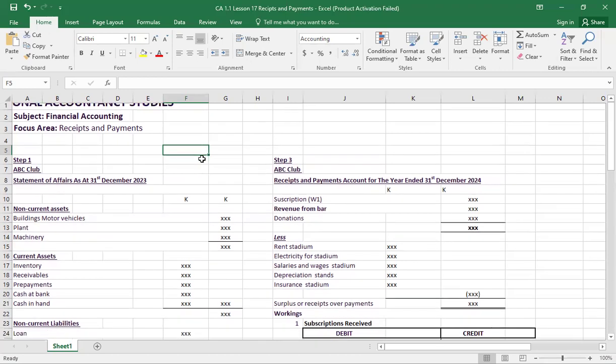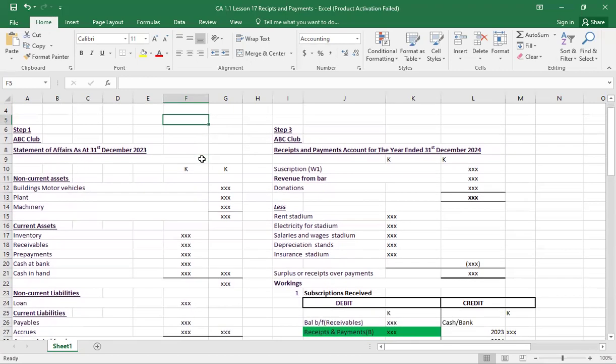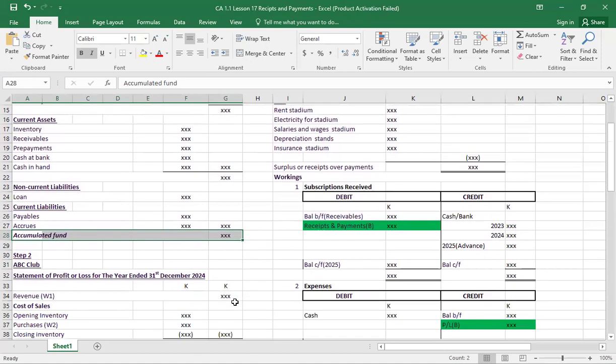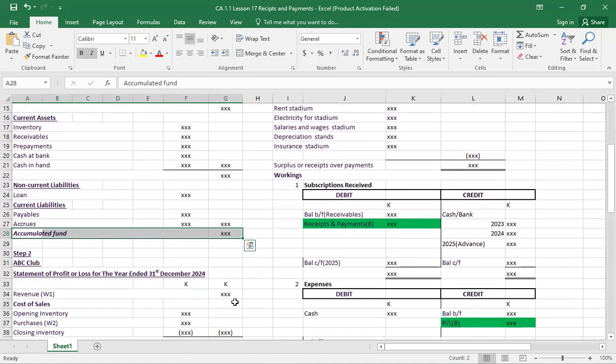And then number two, what we call capital for a sole trader, partnership, and the likes, here we call it accumulated fund. So when we are looking at accumulated fund, it simply means that's the capital that we are trying to look at. And then there's also what we call receipts. So receipts, these are just the incomes that come in, and then payments, these are the payments that